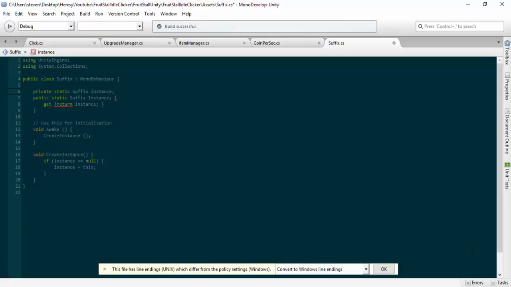So, hope you understand that. The private instance is with a capital I, so you could just call it private instance. And just call this public instance. And then what you want to make sure you do with the public one, you want to return